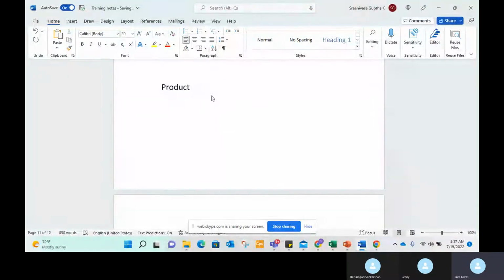So we'll not be looking in depth at product information management, but whatever required details are needed for creating the purchase order or a sales order, and how to link the main accounts, all those details we'll be discussing. So this is being done in product information management. And under this product information management module,